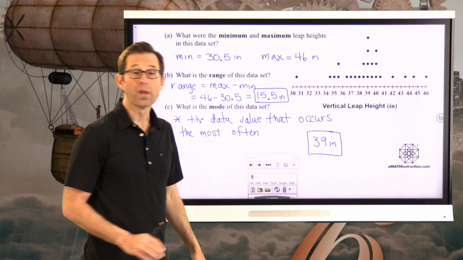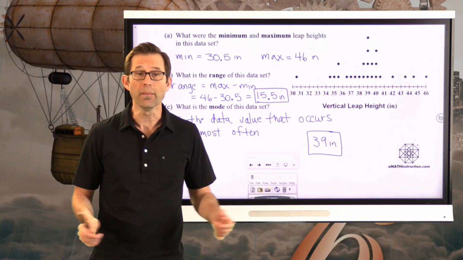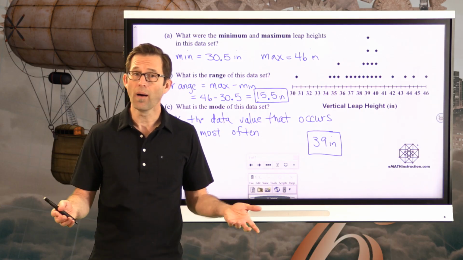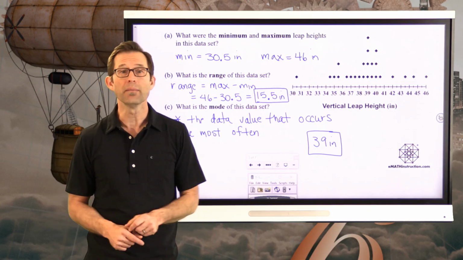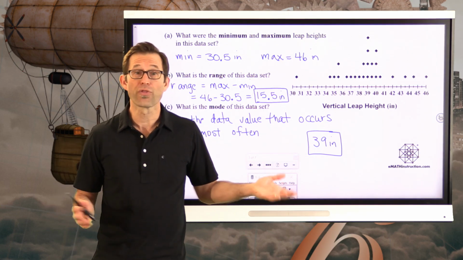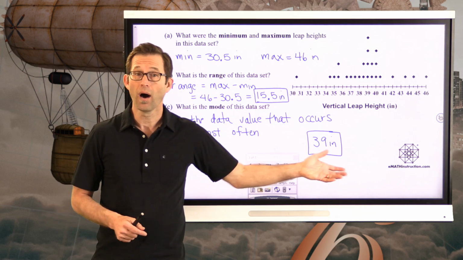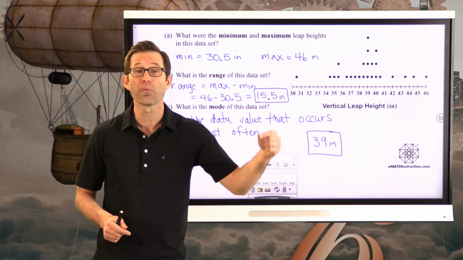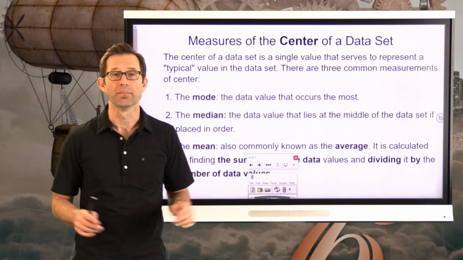Right? So, you know, if you really wanted to answer the question, how high do NBA players leap, you might say, well, the most common, at least based on this data sample, the most common leap is 39 inches, right? And that might inform you, like 39 inches. There's 36 inches in 3 feet. So the most common one is actually above 3 feet of vertical leap. It's amazing. It's like in my wildest dreams.